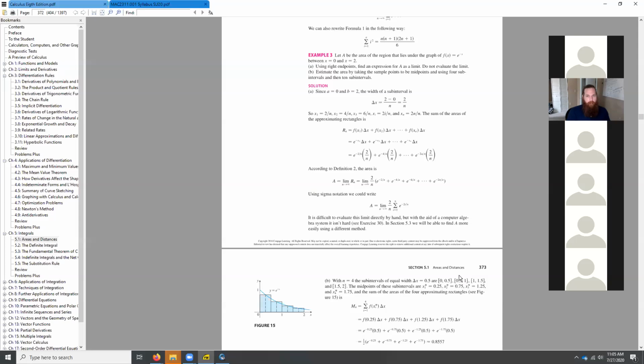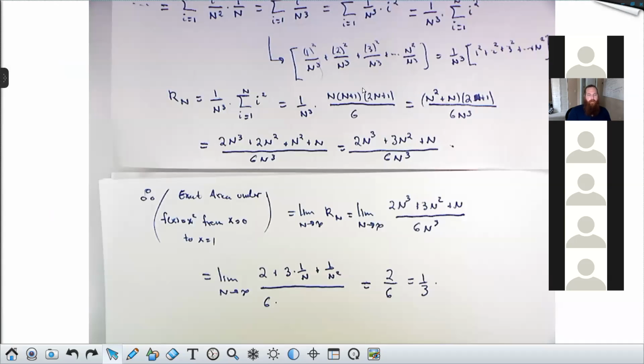So your first bit of homework this week is going to come from this section. I'll have you doing calculations like this. Sometimes you will need to go all the way to the end, like we did on these two, where you send n to infinity in Rn. Sometimes I'll just ask you to find the formula for Rn, and I won't bother asking you to take the limit, because sometimes these limits are hard, because sometimes we don't have a formula like this to replace this piece. So sometimes I'll say, once you get to here, you can stop. But if you're asked for the exact area, you will need to plug in the appropriate formula for this, and then take the limit as n goes to infinity.